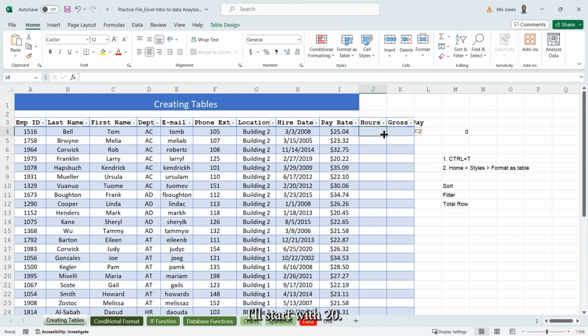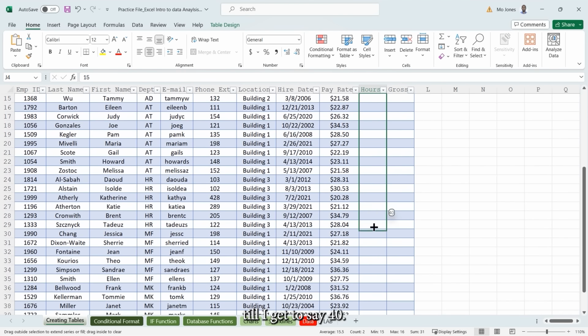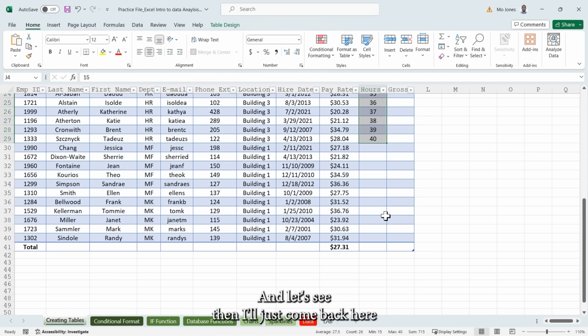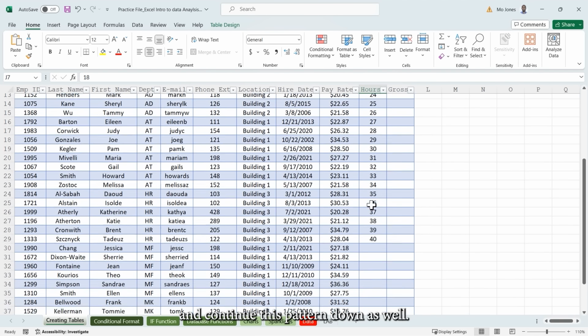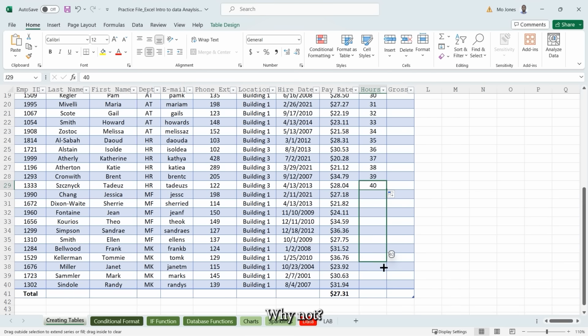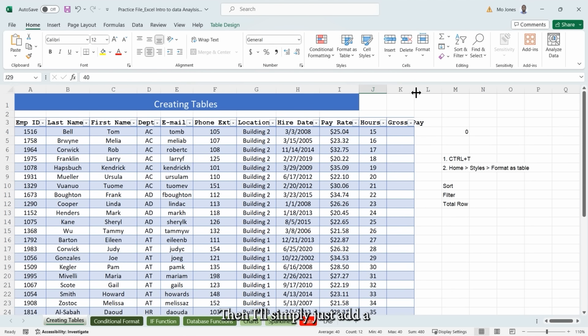I'll start with 20. I'll start with 15, 16. I'll continue this pattern down until I get to, say, 40. Right. And let's see. Then I'll just come back here and continue this pattern down as well. Why not? Then I'll simply just add a